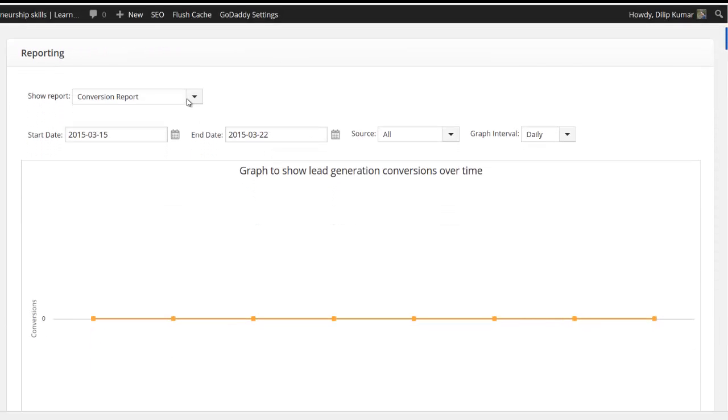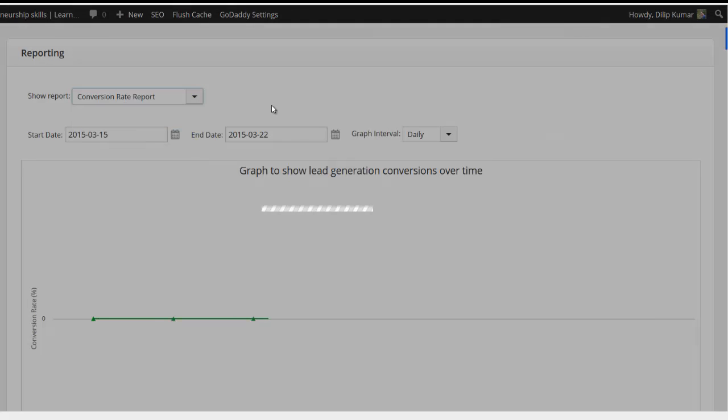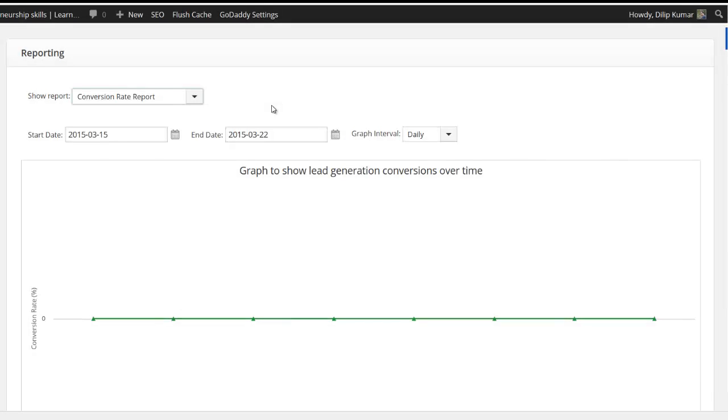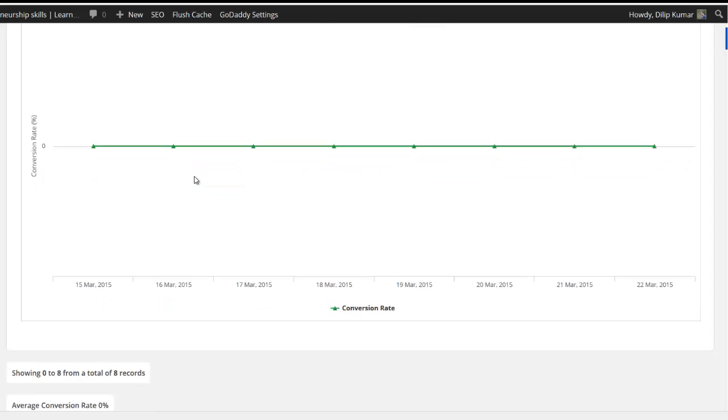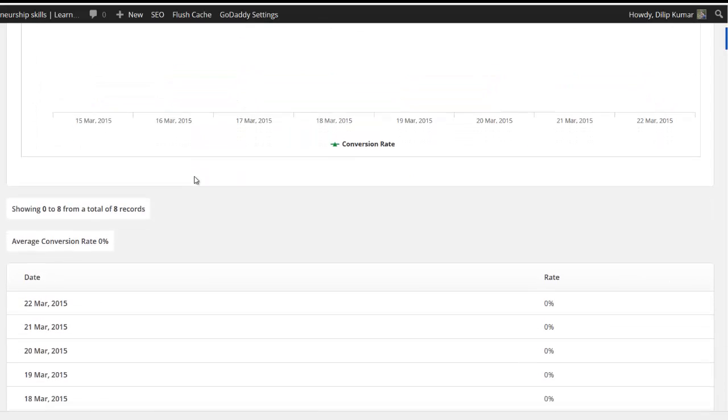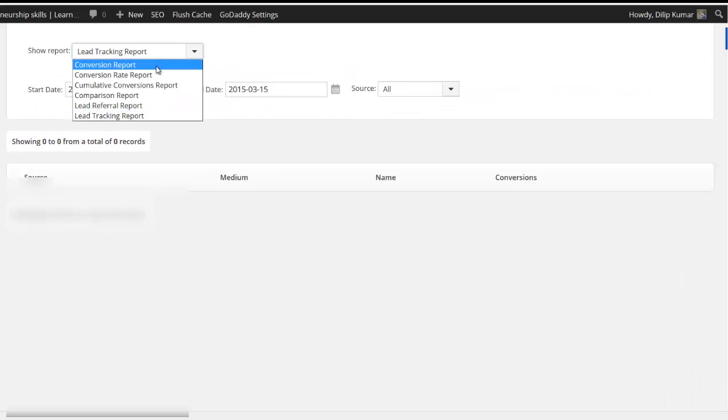You can see here this is a nice little page from where you can get all of this information like conversion rate, cumulative conversion report. You can just select the day or the time period and it will show the stats in graphs and in numbers as well. Okay, now let me show you